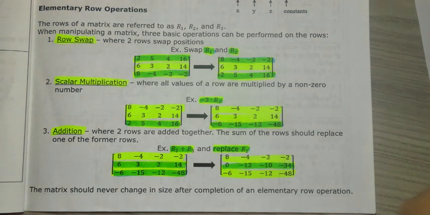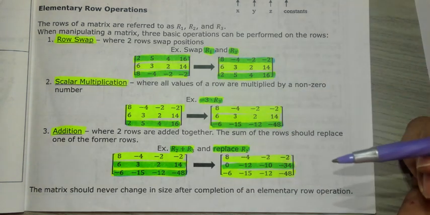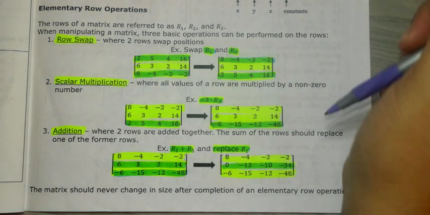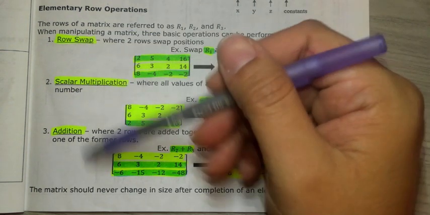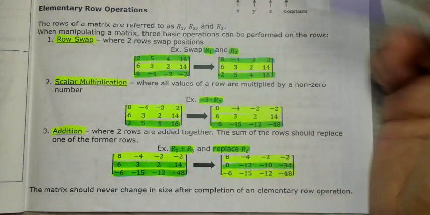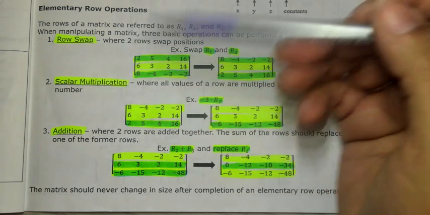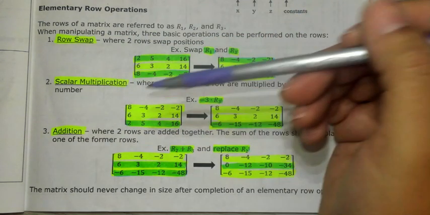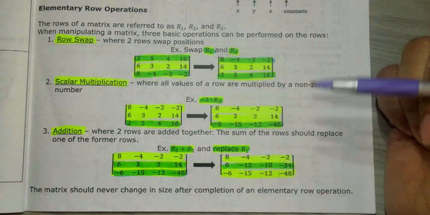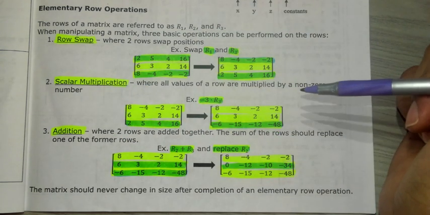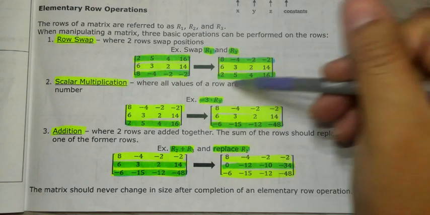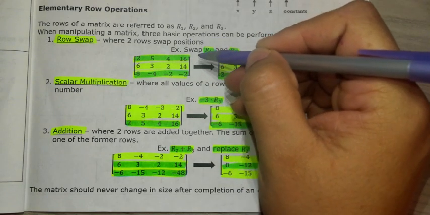Hey students, in this video I'm going to go over part 2 of the video of Introduction to Matrices and Row Operations. So this is just row operations now that you know how to write matrices. So the three things that you could do to the rows is you could row swap them, you could multiply to get different values, or you could add. So these are examples of row operations for you to manipulate and change values as needed in the next methods